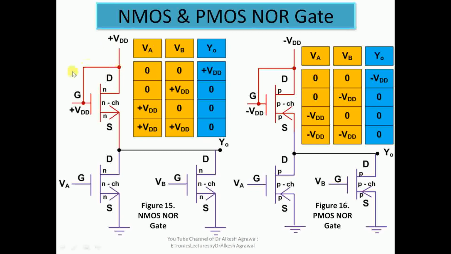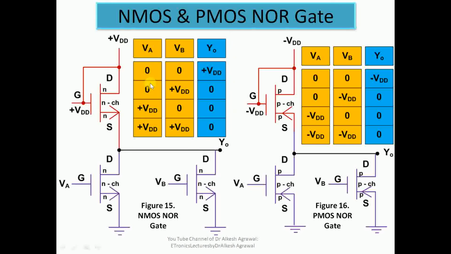So this is a load, this is acting as a load, but here VA and VB are parallel. So this transistor and this transistor are in a parallel state. The difference is that if any one of the transistors is in the on state, either this transistor with input VA or this transistor with input VB, the output will be pulled down to ground. In only one case will the output be pulled up by the supply, when VA and VB are both given a low logic input. That can be verified through this table.